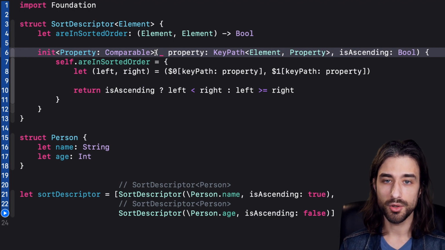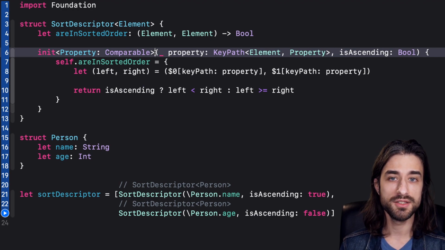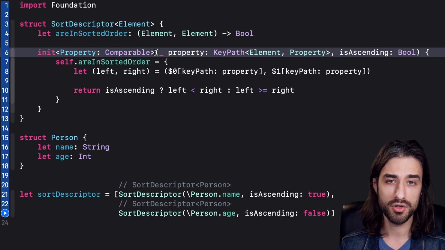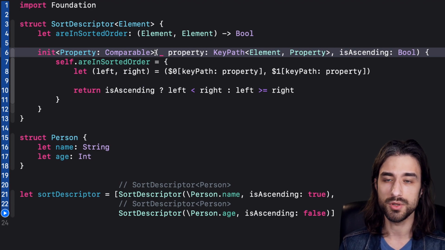Now, as I said in the introduction, this is the explanation of type erasure that made the most sense to me at the time. I'm not saying that it is the best explanation of this topic. In the description of the video, I will be putting some links to other articles that explain the idea of type erasure from different points of view, and I strongly recommend that you take the time to read these articles. This way you will have the best picture of what this technique is and all the ways that it can be useful.